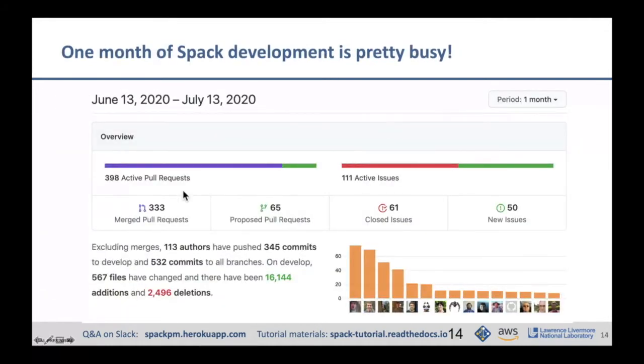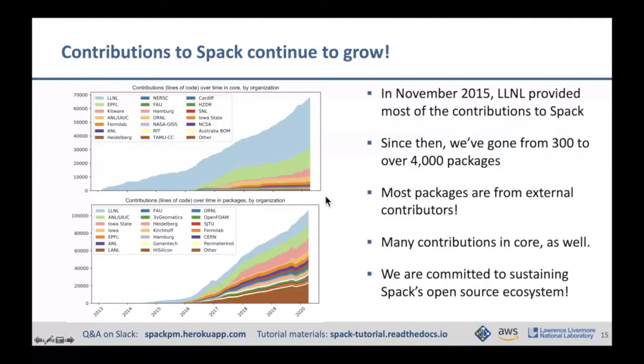It's pretty busy on GitHub. So we merge about 400 pull requests a month. And we have a deep bench of people contributing to Spack. So it's not just a one-person project. It's grown to be pretty large. And you can see that if you look at the contributors over time. And so we released the first version of Spack in 2015, or in 2014 it went open source. In 2015 we presented it at Supercomputing, and you can kind of see that before